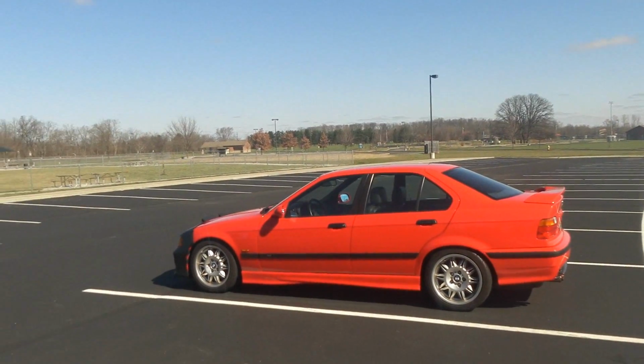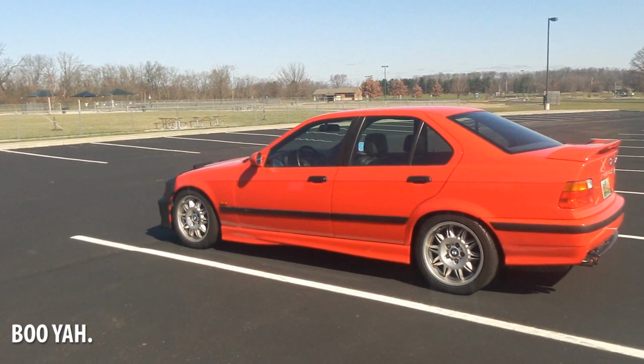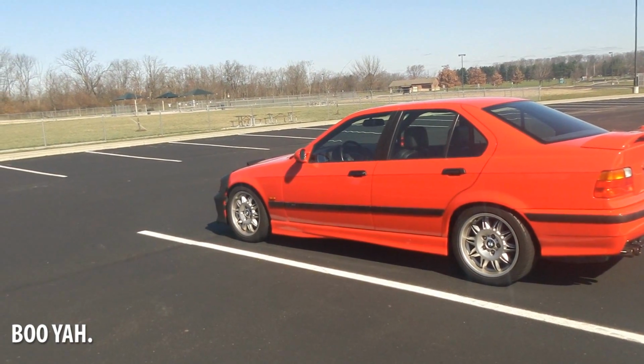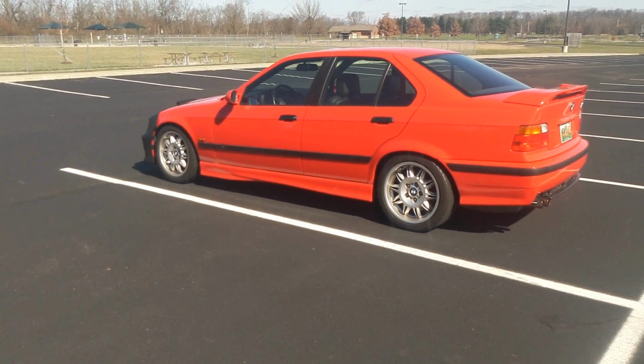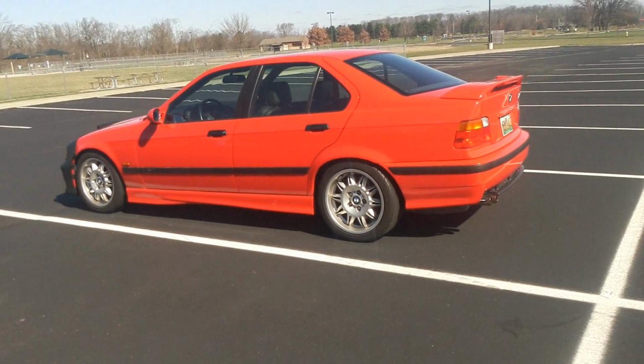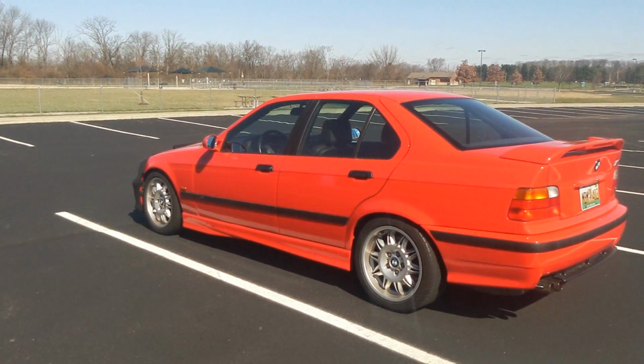Let's talk about the M3 here. This is a 1997 E36 M3 Sedan. Had a really good trip home with it from Florida. It drove great. I just had a small issue with the check engine light